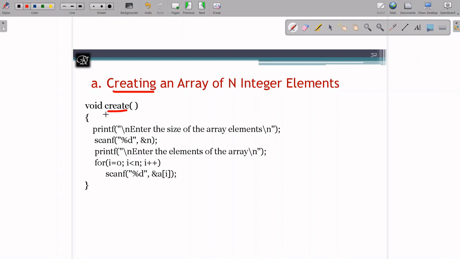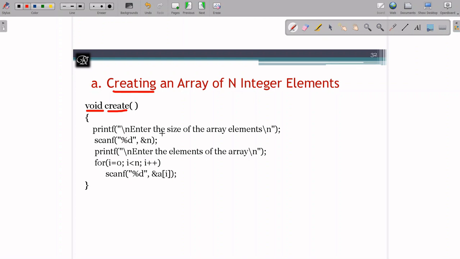I'm not going to return anything. That's why I'm going to make it a void, because I have used all global variables here rather than local variables. If I'm going to use local variables, then I have to go with the concept of parameter passing, but here I don't need those parameters, because when the variables are global, anywhere in the program they can be accessed.